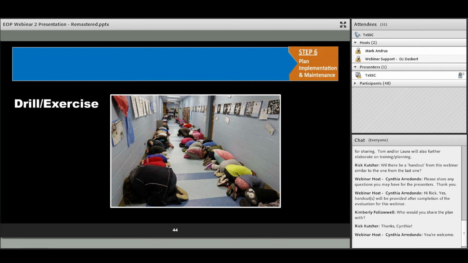Then you could have a full-scale exercise. The full-scale exercises are the things that only come about maybe once a year or every few years. It may take you a whole year to plan, and that would involve everybody in your community, all those different resource pieces that may have to come together in an event. Something like Hurricane Harvey, you can see all the people that were mobilized. A full-scale exercise would touch everybody from your local responders to potentially National Guard and transportation issues, Parks and Wildlife, a number of different folks. You may have your helicopters landing, all these kinds of things. So it goes into full-scale exercise.